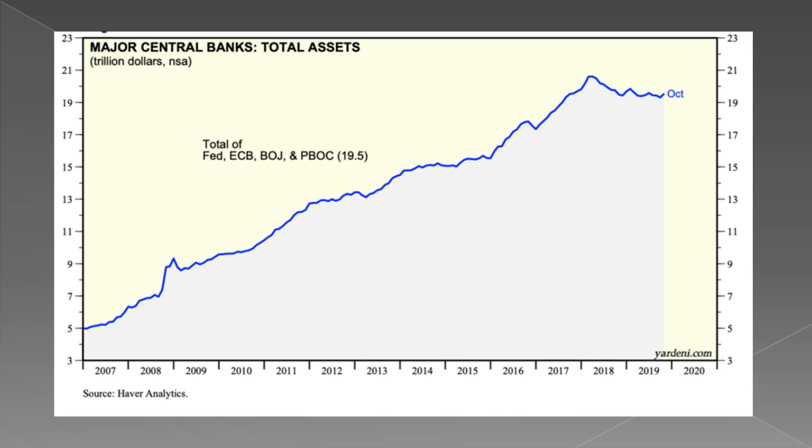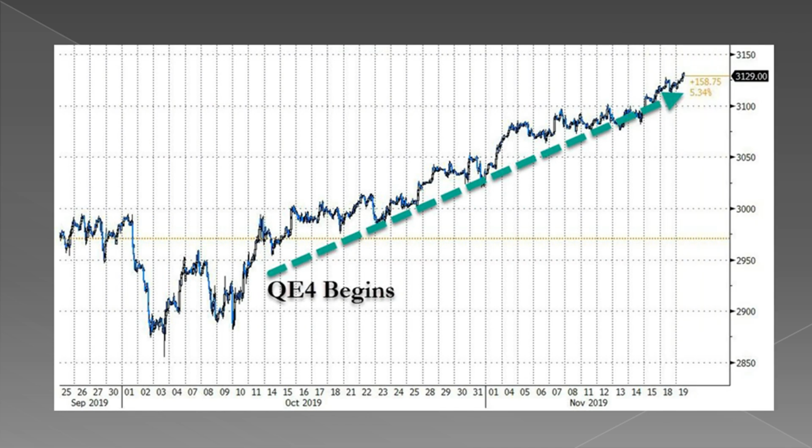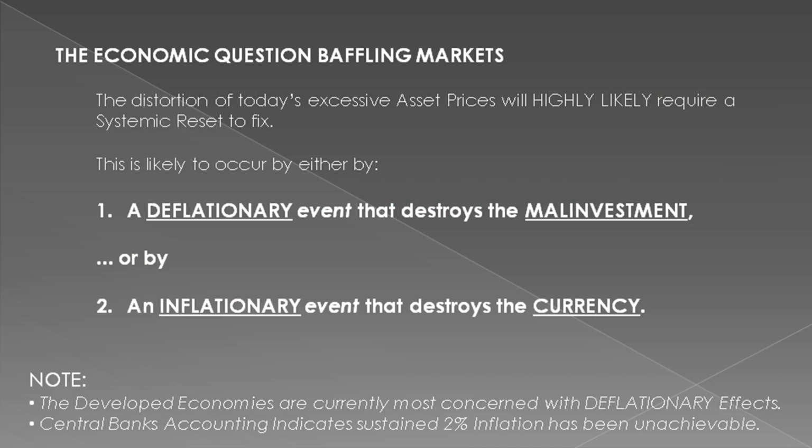Therefore, total central bank assets, including China, have been shrinking slightly, primarily due to the Fed's quantitative tightening, or QT. But this is about to change, and change in a significant manner, which the markets have lately been aggressively pricing in. But let's return to the emerging markets versus the developed economies for some perspective on what the future might hold for us. The economic question that continues to baffle central bank policy setters is deflationary versus inflationary forces on their respective economies as well as globally.